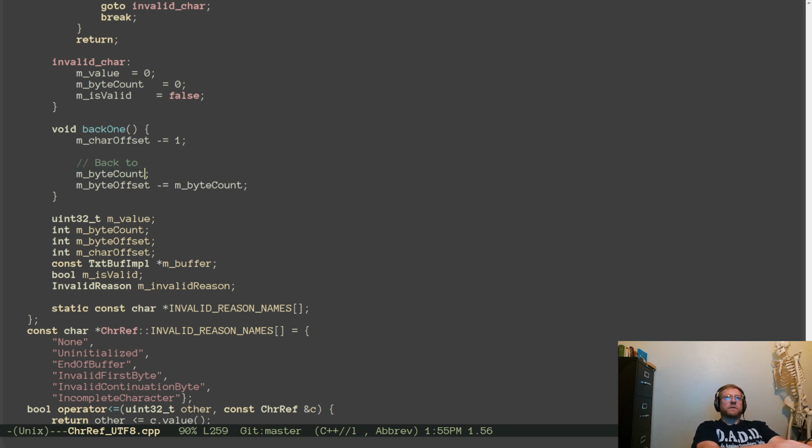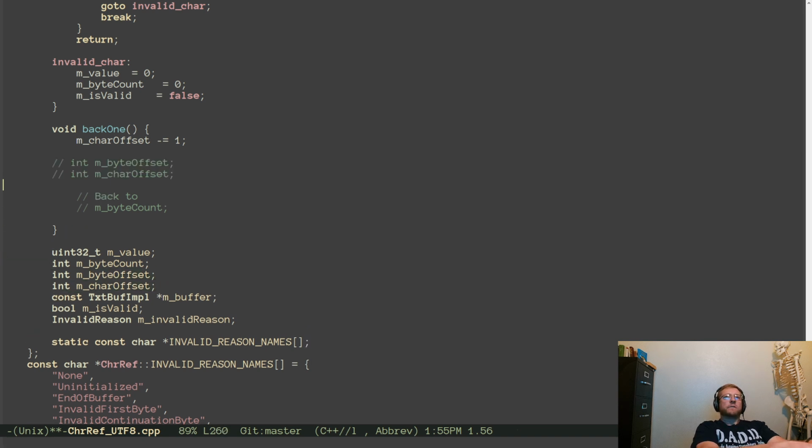So byte count has to be recomputed. Okay, these are the two that we need to manipulate and then update.